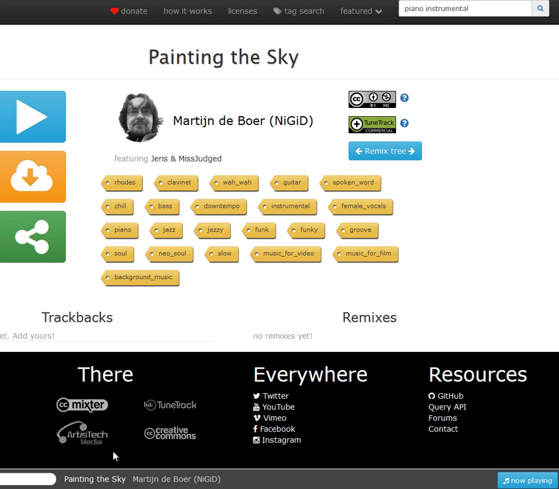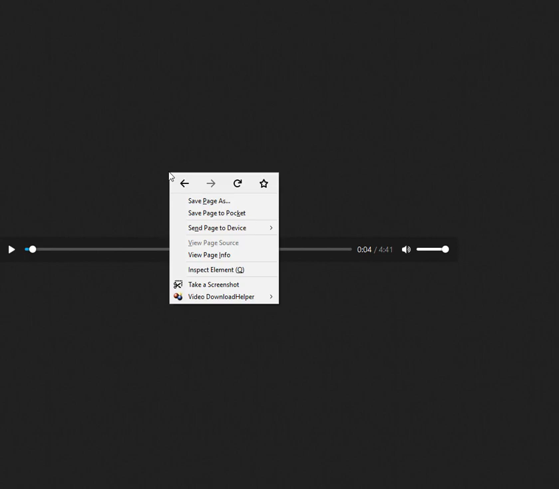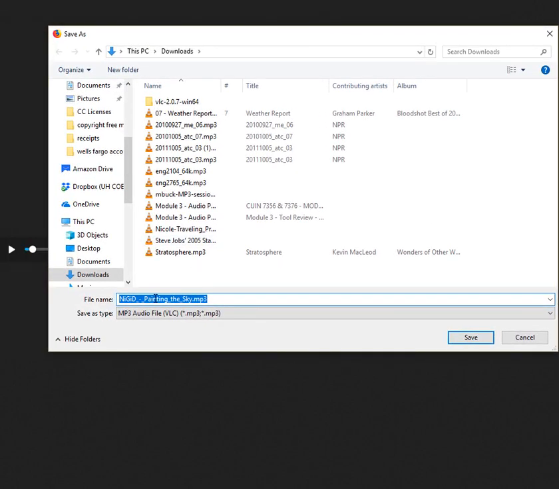So we're going to go ahead and close this, and let's make sure that things are downloading. And they're not, because I did something wrong. So I'm going to go back again, and this time, oh, I know what I did. I closed this before I clicked on the download button. So let's click the download button, and because of the way my web browser is configured, it just opens up and plays again. So if I do a save page as, then I'll see that I get an